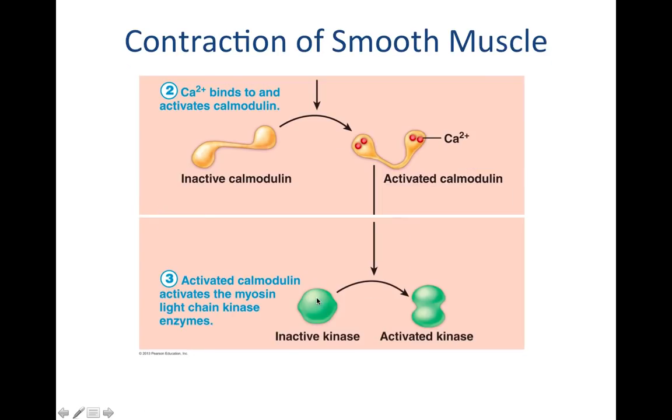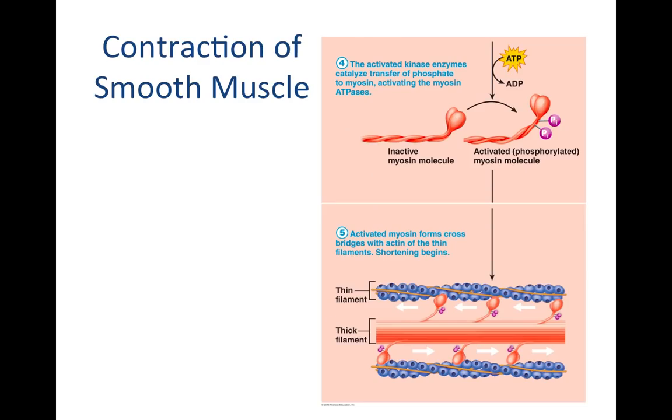As that calcium becomes available, calmodulin will activate. So here's what calmodulin looks like as it's inactive, and then as calcium binds, it becomes activated. So this is different than what we see again in skeletal muscle. We see calmodulin binding calcium instead of troponin. This activated calmodulin can then activate a kinase. These are myosin light chain kinases, and they can then